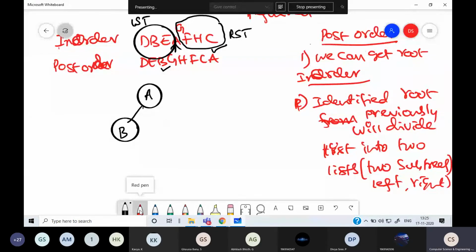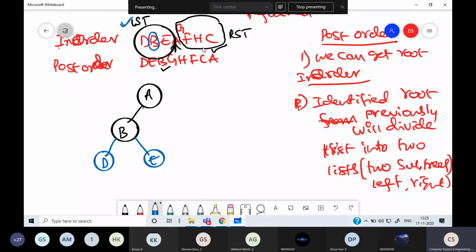Now B divides the list into two. There are only two nodes. There is one node on the left of B, which is D, and one node on the right, that is E. So we have completed the left subtree.